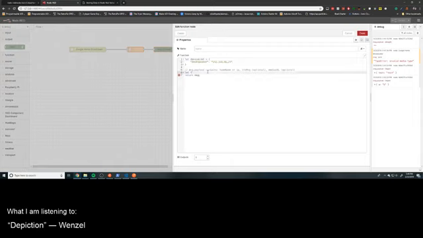Okay, so I'm gonna pull out homename, TTS, MSG. That's all I'm gonna do right now. Equals the msg.payload.